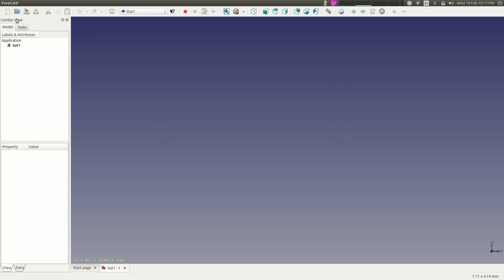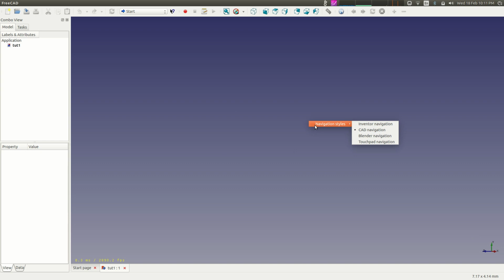So once you've got that, I'll give you a description of this. Up here, if you can see my mouse there, this is where you're going to find all your tools. Initially in the start, you can kind of just view objects. Down on the right side of your page here, you've got your axes indicator, so it kind of indicates where you are in space. So if you rotate,